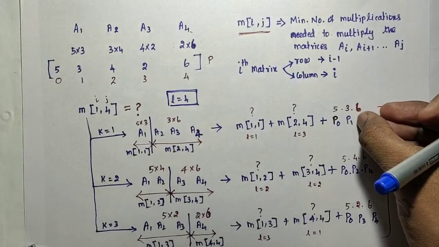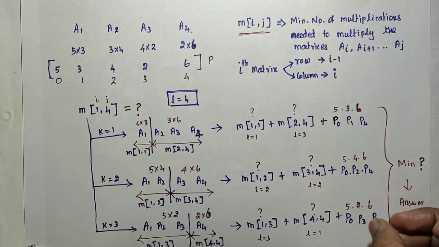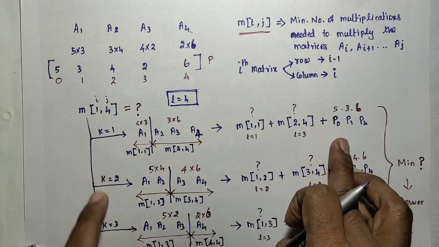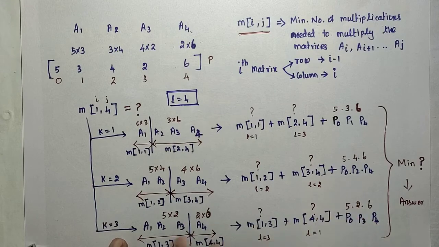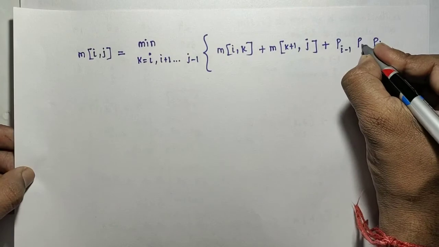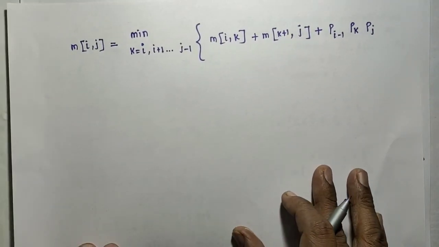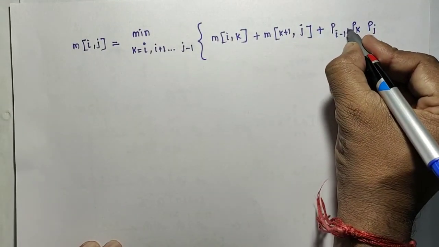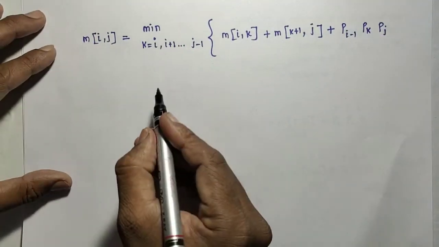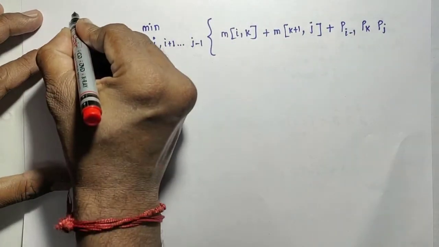In between, the value is P1, P2, P3: k equal to 1 means P1, k equal to 2 is P2, k equal to 3 is P3. Where the split position is, that size has to be mentioned here, simply Pk. So P i minus 1 into Pk into Pj. That is the formula for finding the minimum